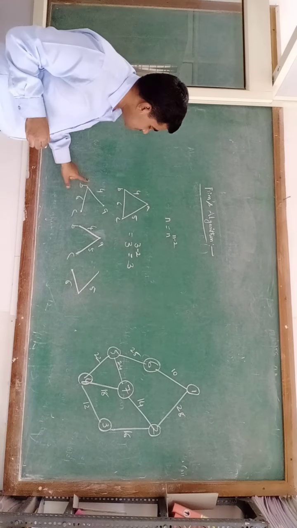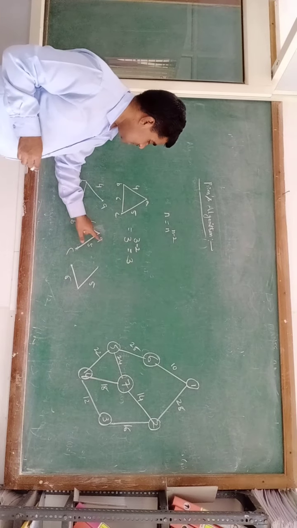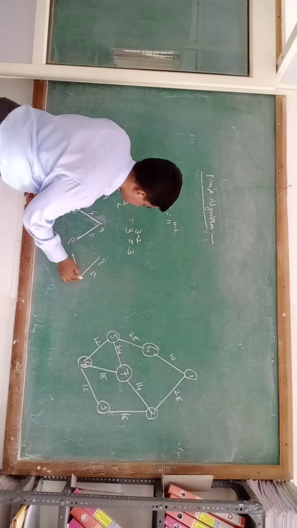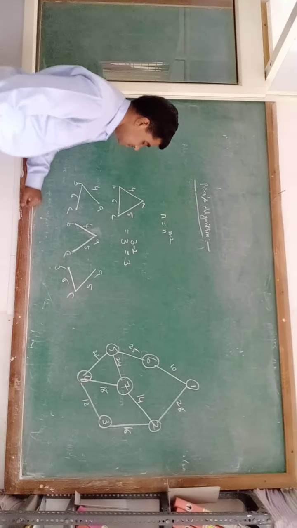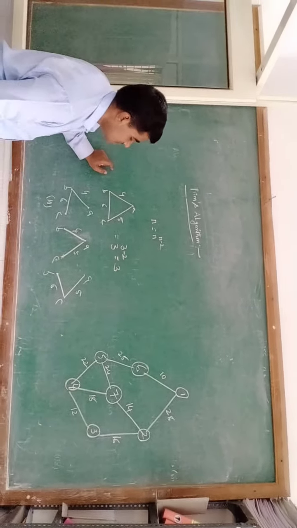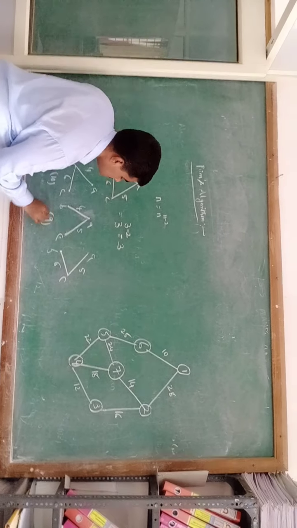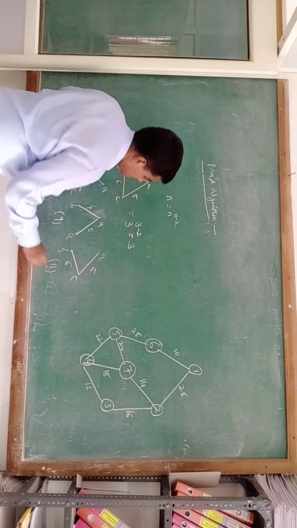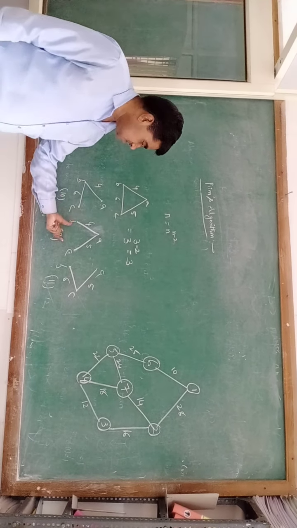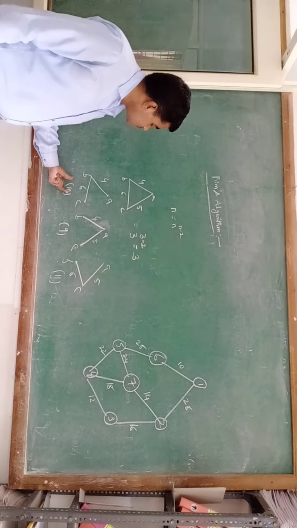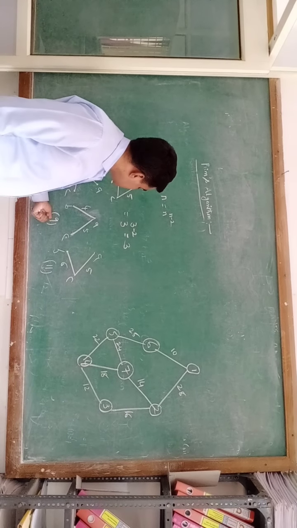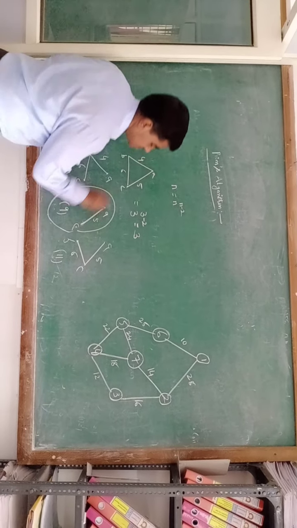So those 3 spanning trees are A-B, B-C; another one is A-B, A-C; and A-C, B-C is the third one. The first one's cost is 4 plus 6, that is 10, the second one is 9 and the third one is 11. So here 3 vertices are there, the total possible number of spanning trees is 3, and the costs are 10, 9 and 11. So the minimum cost spanning tree is the second one.